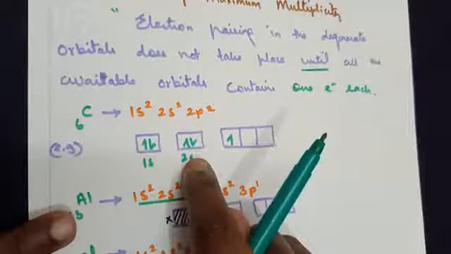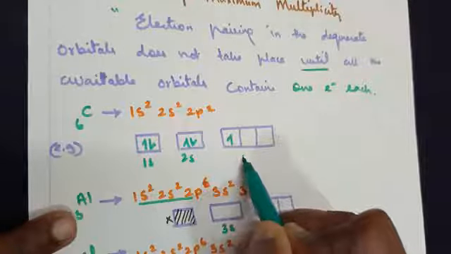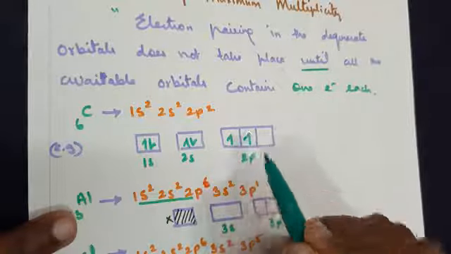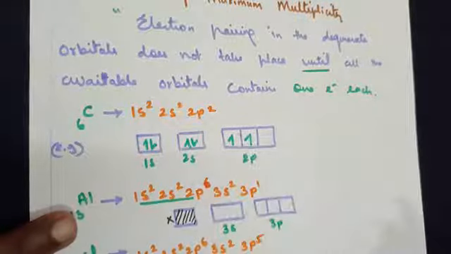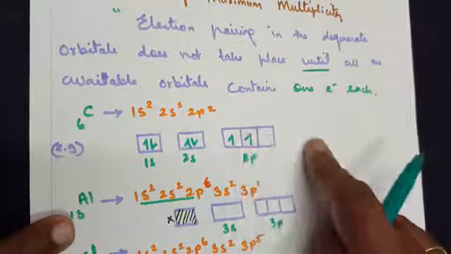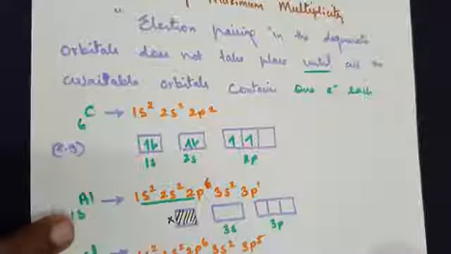Now these two are completely filled. For 2p2, you have to write in the 2p orbital 1 electron in the first box, the second electron in the second box. It's wrong to write both electrons within the same orbital without distributing them. First you need to distribute. Then if extra ones are there, you can come in for pairing up.